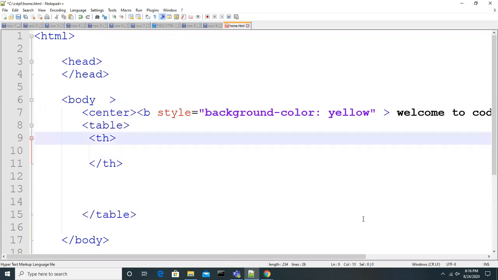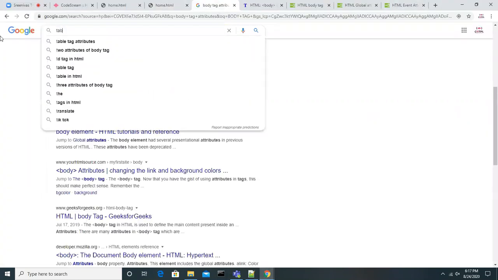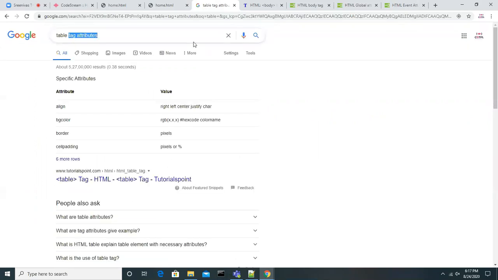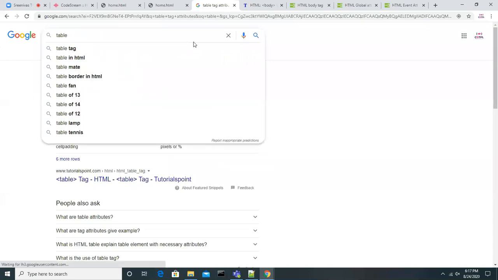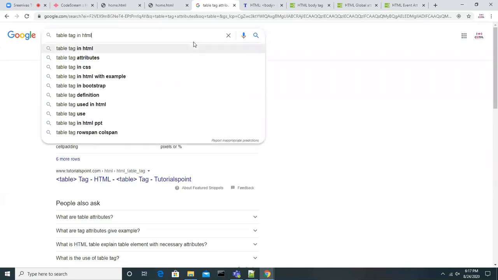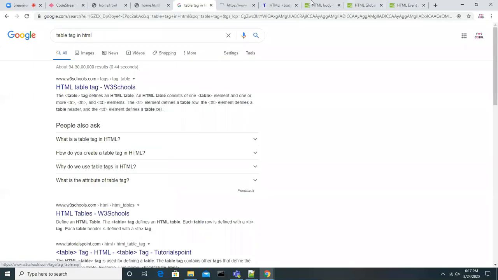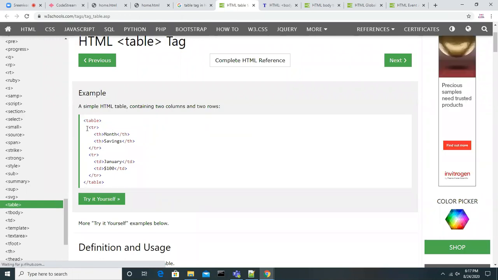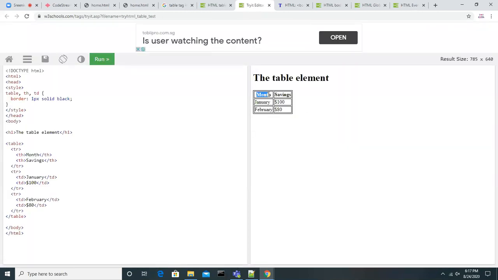Let me go and show you the table tag. The double click tool will help you. So they made it as a tr, and tr means row, because each table has rows, right? And table header is nothing but for headings. If I render it here, you see that this is the header.